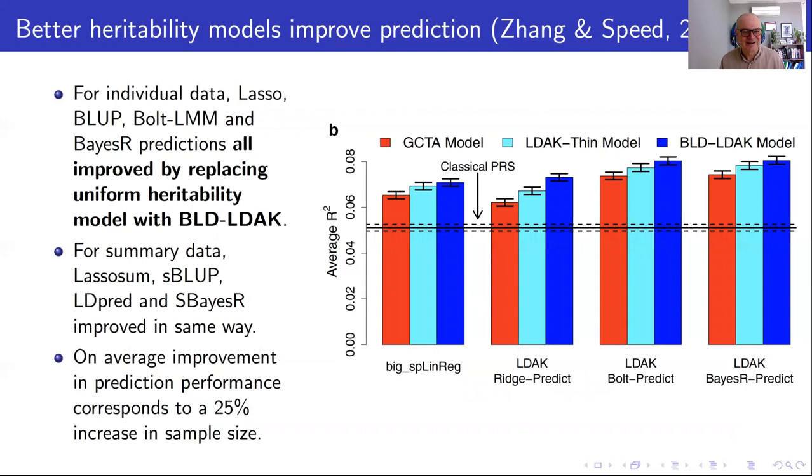It's Zhang and Speed. I'm not an author on this paper. They found that on average, their improvement in prediction performance just by putting in a better heritability model corresponded to about a 25% increase in sample size. So I think that's pretty impressive. And as I just emphasized again, we can improve pretty much anyone's prediction model.